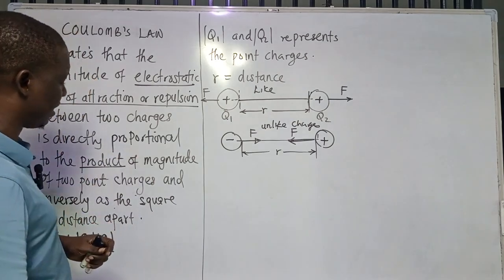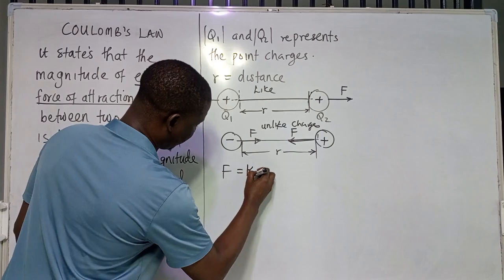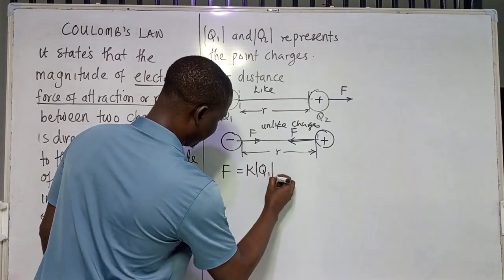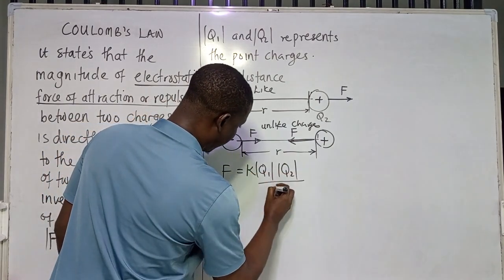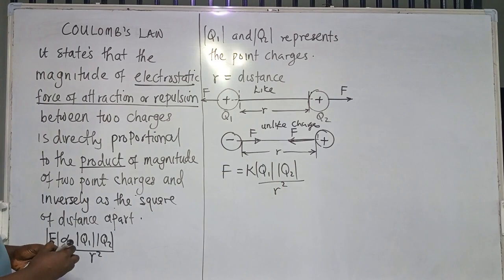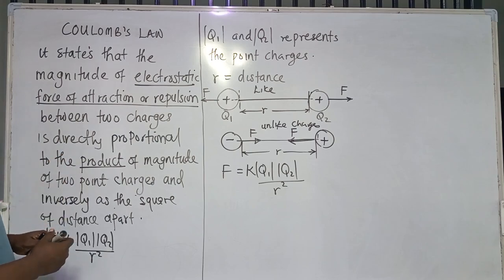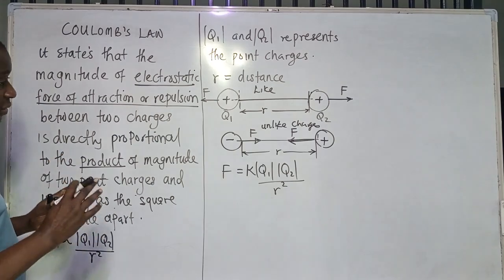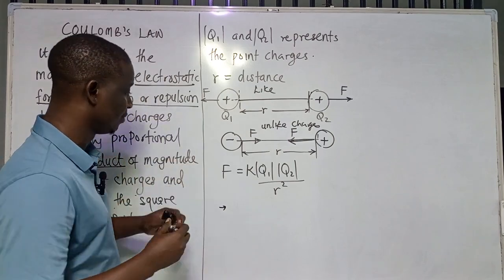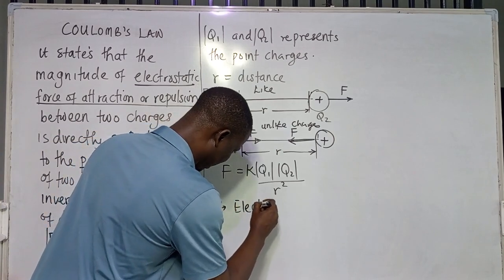Now, there's something I want to bring out from here. If you remove the proportionality, what do you have? I want to have K in Q1 Q2 divided by R square. Now, before I go further, don't forget there are three things that the electrostatic force of attraction is talking about here. Number one, take note, it depends, the electrostatic force here,